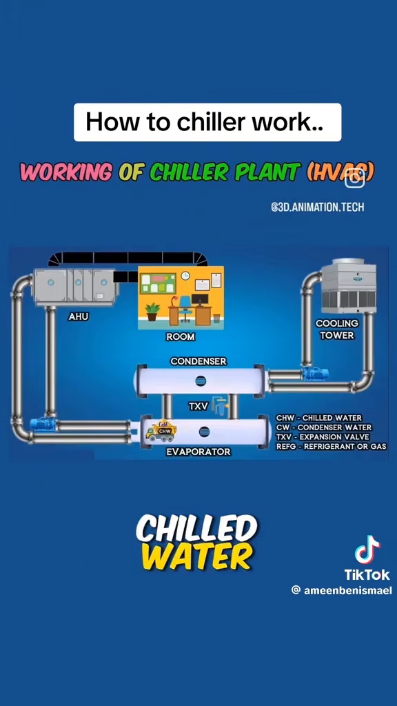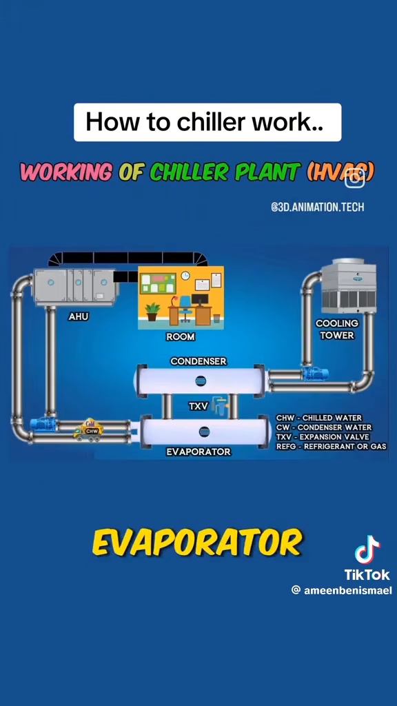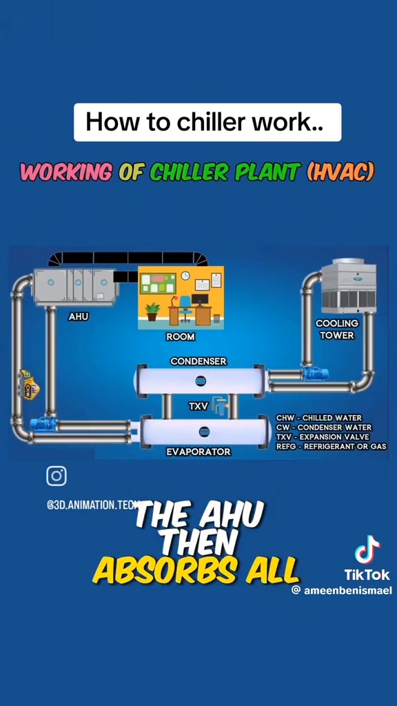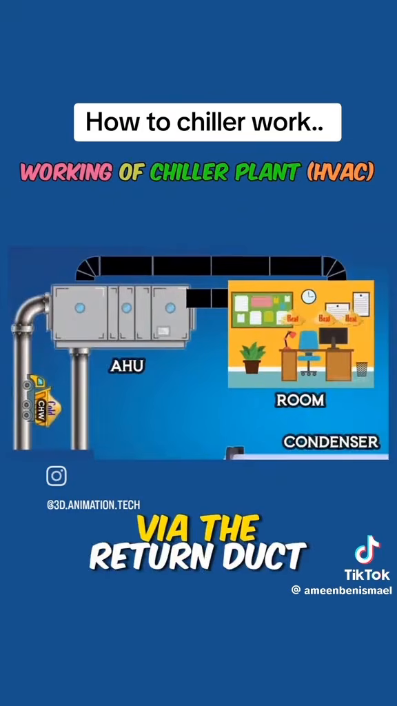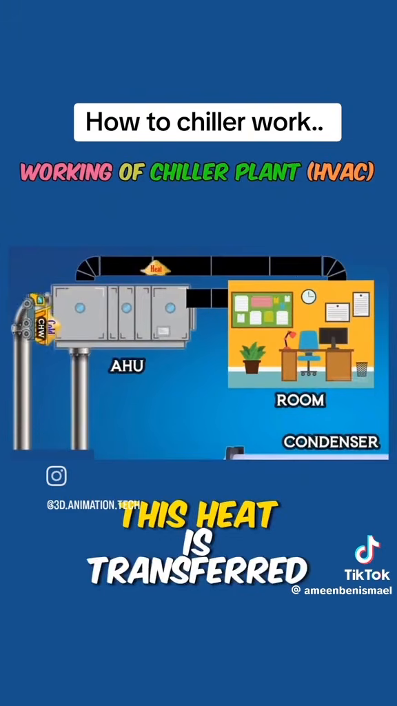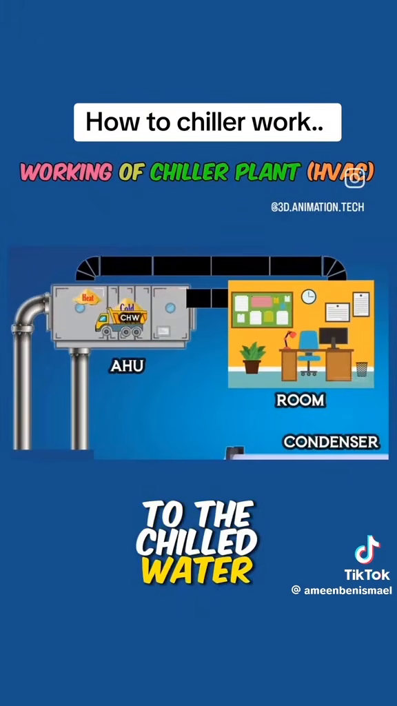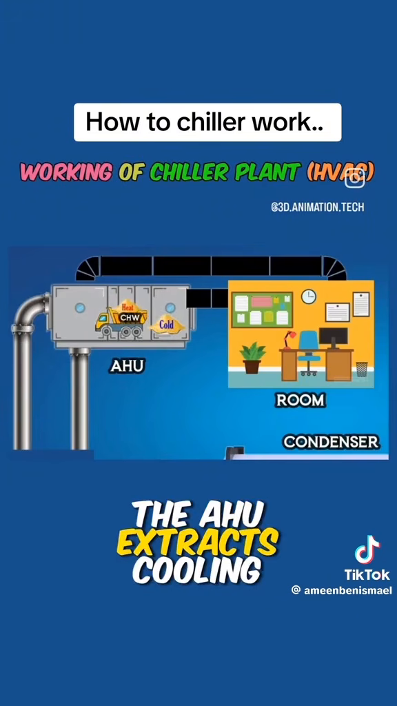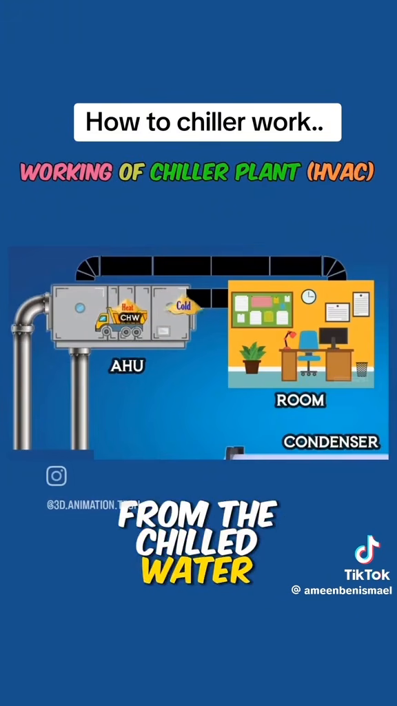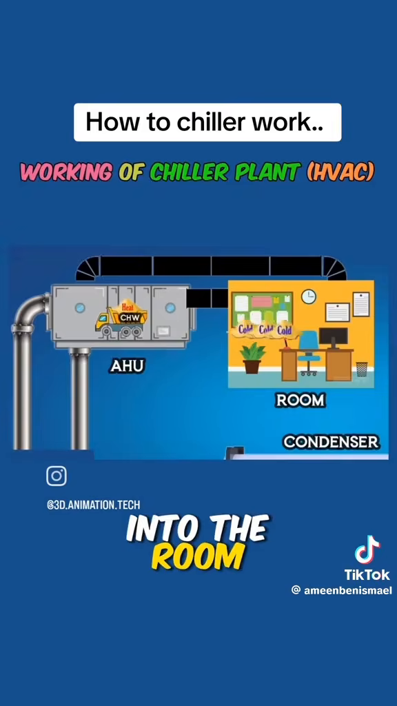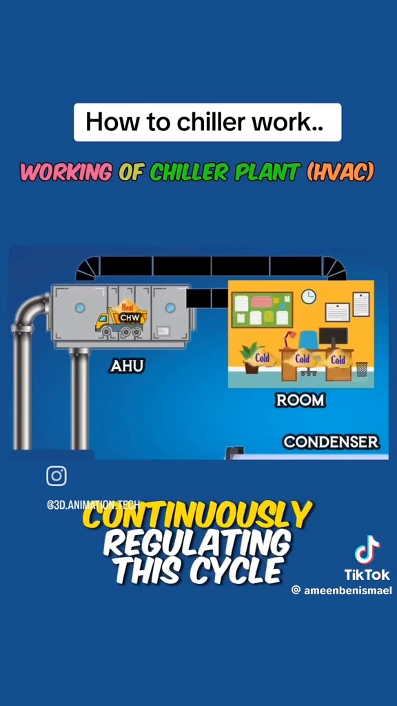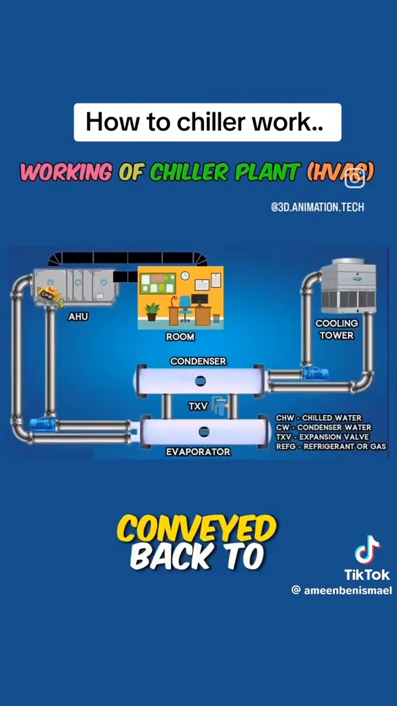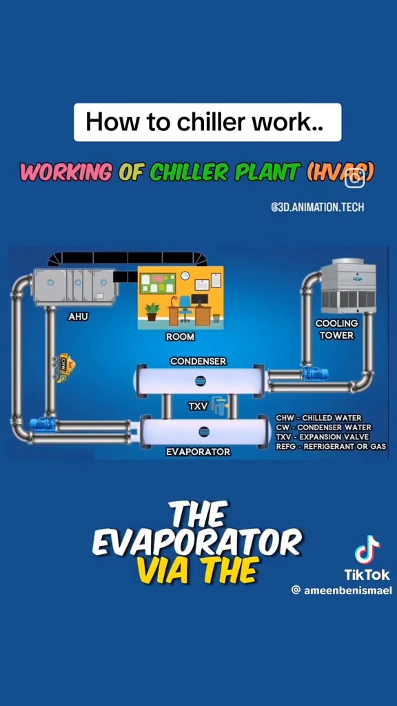water pump. Chilled water originating from the chiller's evaporator travels through the supply line to the AHU. The AHU then absorbs all the heat present in the room via the return duct. This heat is transferred to the chilled water coming from the evaporator. Subsequently, the AHU extracts cooling from the chilled water and disperses it back into the room through the supply duct, continuously regulating this cycle. The heat gathered by the AHU is conveyed back to the evaporator via the chilled water